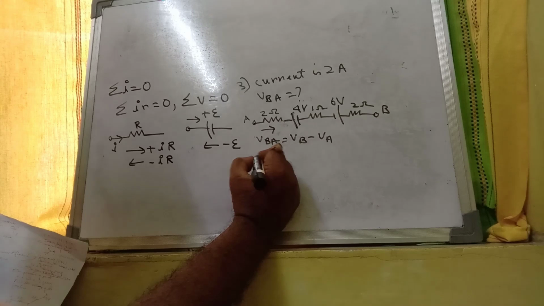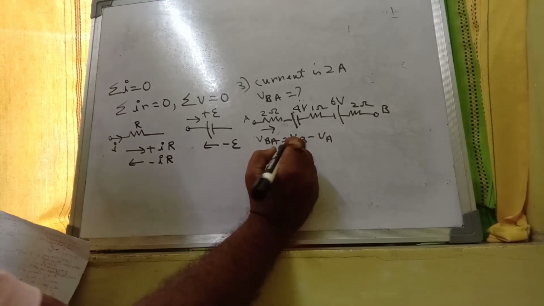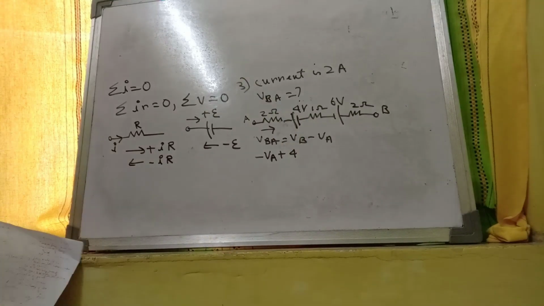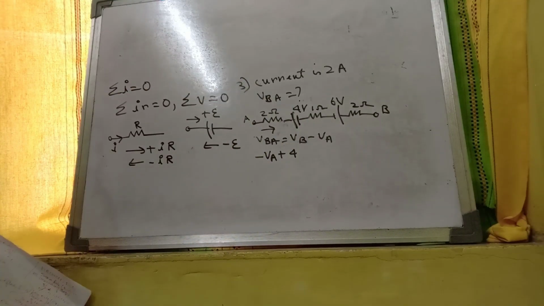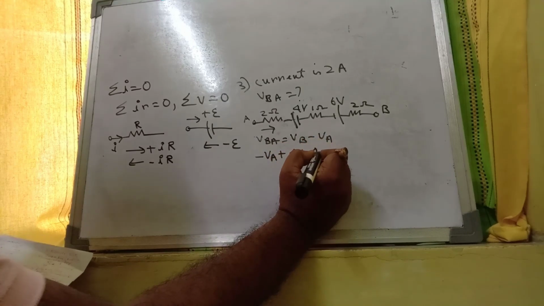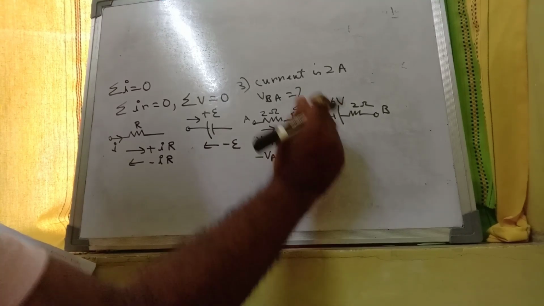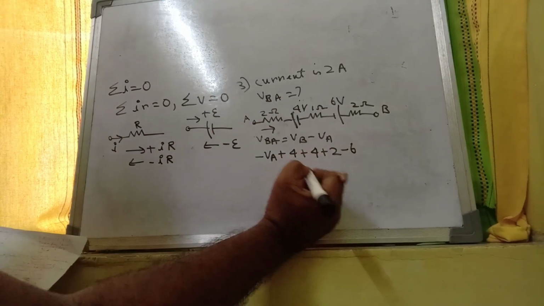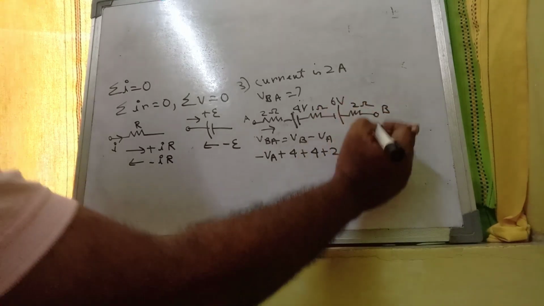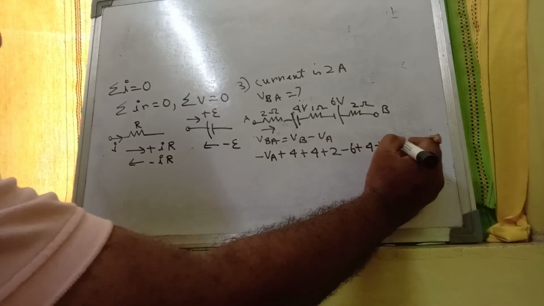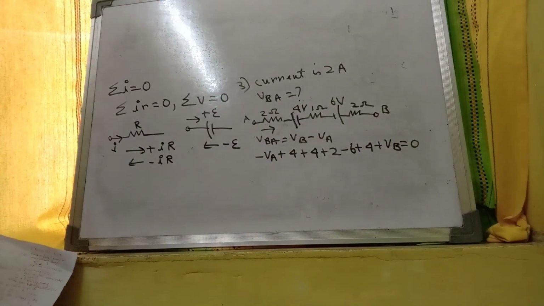So following this I get minus VA plus 2 into 2, 4, because 2 ampere is going. So 4 volt here. Plus 4 from the EMF. Plus 2 here, 1 into 2. Minus 6. And again 2 into 2, 4. Plus VB, because current is going this way. So following the sign convention,